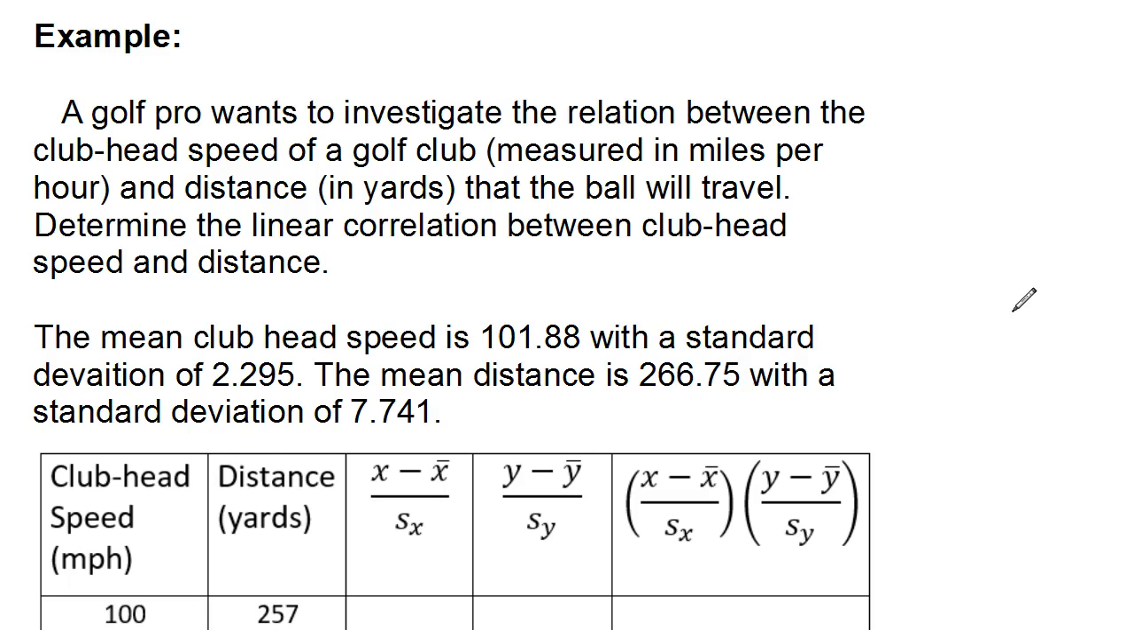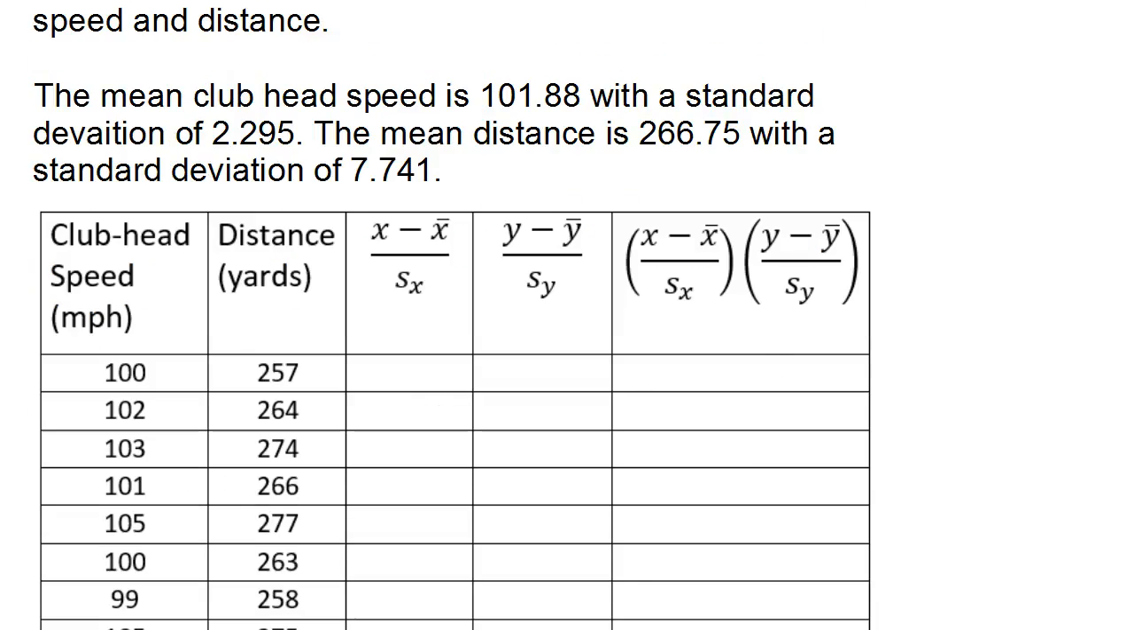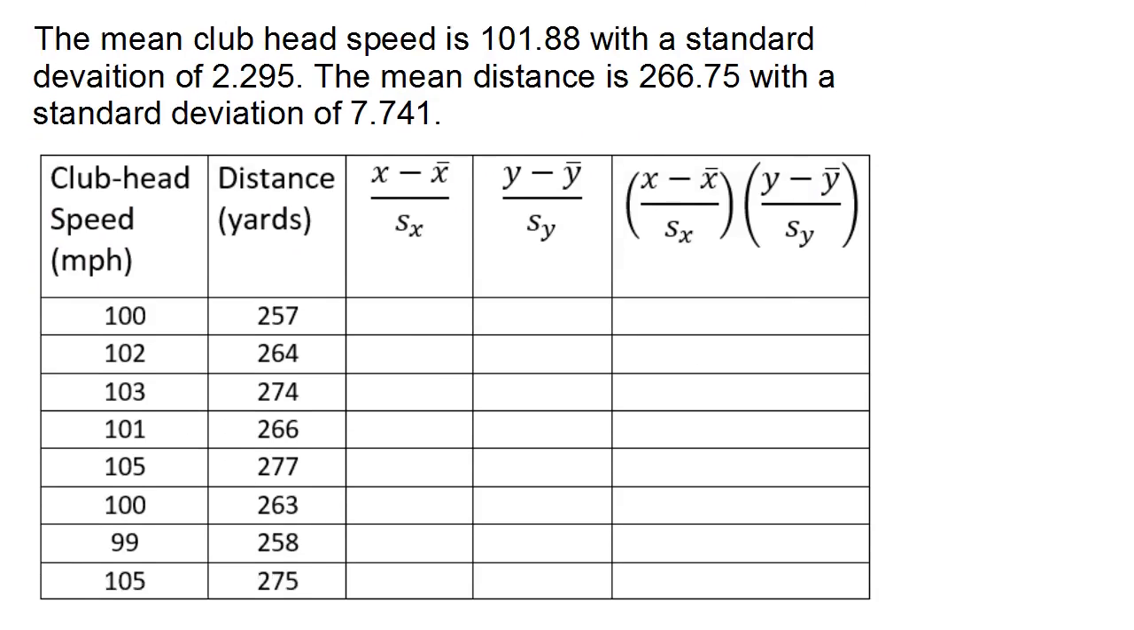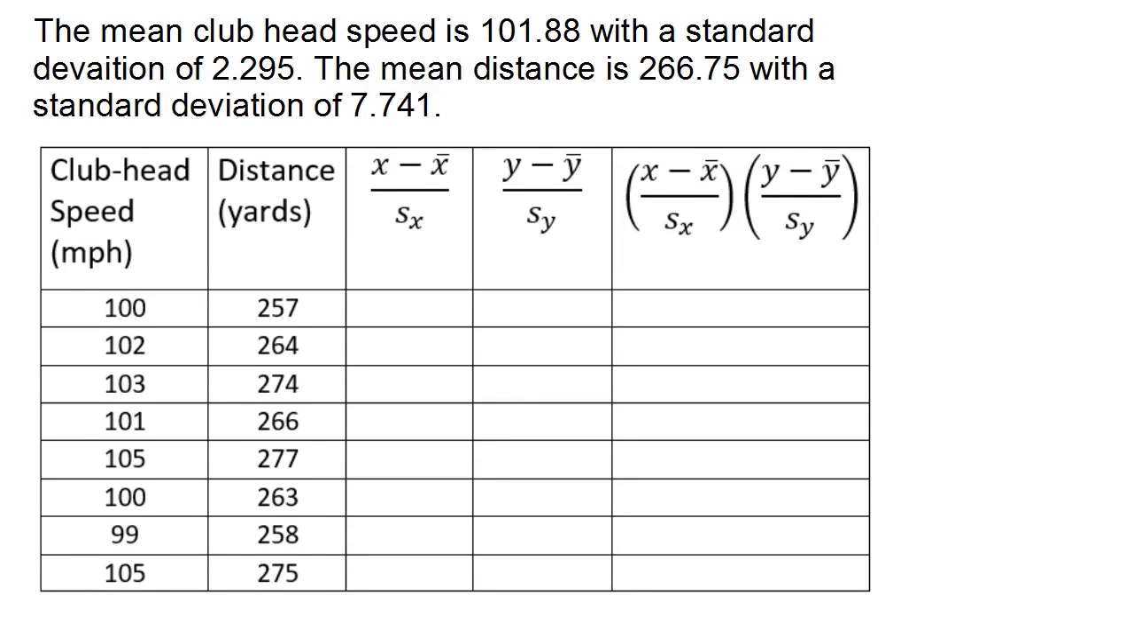Well, this particular problem has provided us with the mean for each. So it tells us that the mean club head speed is 101.88 with a standard deviation of 2.295, and the mean distance is 266.75 with a standard deviation of 7.741. And so I've already started this table, and so if we state that the club head speed is your x and the distance is your y,